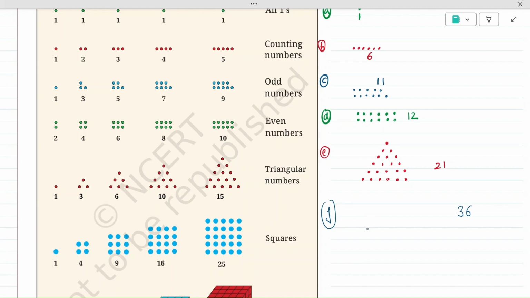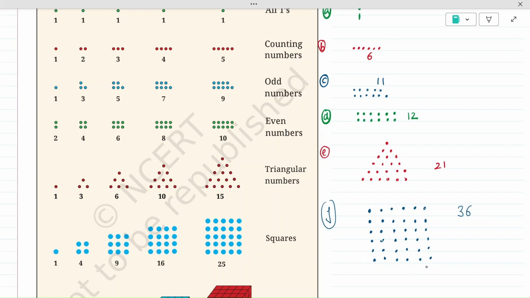Now we have to make a 6 dot square. 1, 2, 3, 4, 5, 6, 7, 8, 9, 10, 11, 12, 13, 14, 15, 16, 17, 18, 19, 20, 21, 22, 23, 24, 25, 26, 27, 28, 29, 30, 31, 32, 33, 34, 35, 36. So we have made a 36 dot